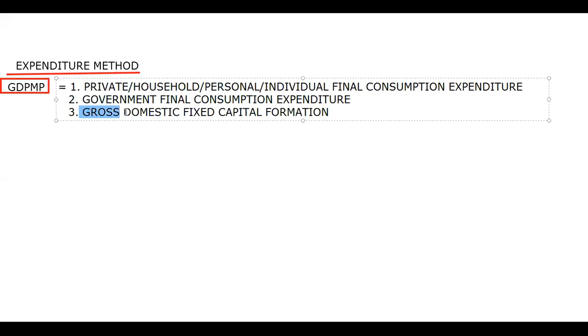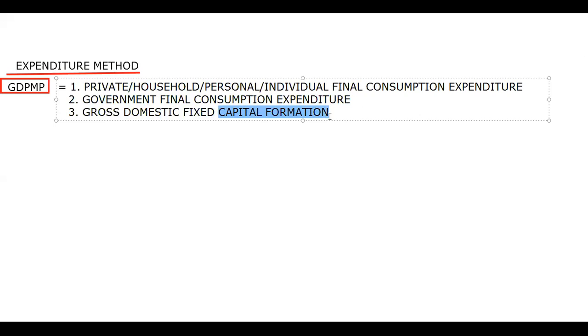Domestic means हमारे territory का, within the domestic boundary. Fixed capital, fixed is basically the fixed assets. Like if I talk about machinery, I talk about furniture, I talk about any other land and building. So I'm talking about the fixed assets. And capital formation is even known as investment. Of course, capital formation means your capital is forming, which means you are making investment, so it is also known